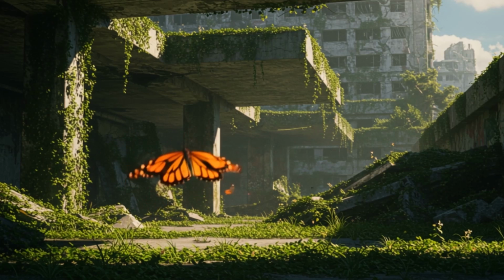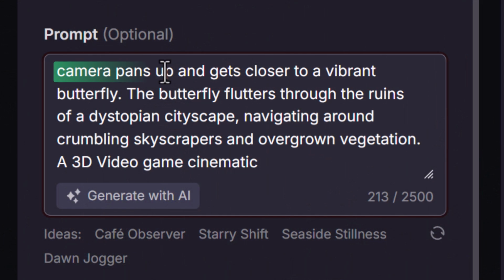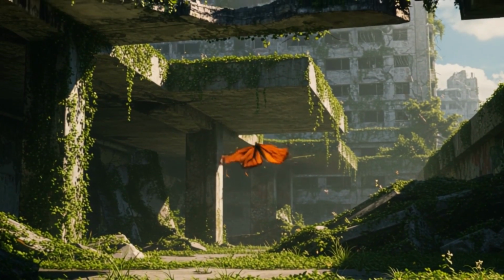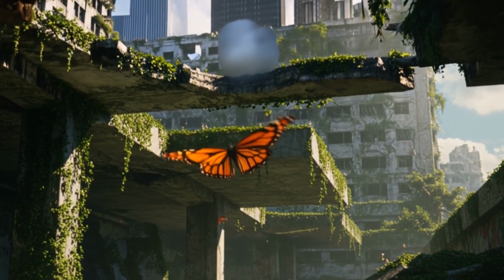So I'm going to add a little bit to the prompt. So I've changed it to a camera pans up and gets closer to a vibrant butterfly. The butterfly flutters through the ruins of a dystopian cityscape, navigating around crumbling skyscrapers and overgrown vegetation. 3D video game cinematic. So maybe we can get something a little more interesting by improving our prompt. And by taking the time to actually describe what it is we want to see, we've got a much more